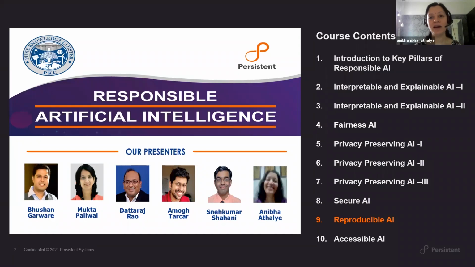What I'll be doing today is focusing on a topic called reproducible AI. This forms part of the ML operationalization work that we do, which is: once you have developed the model, are happy with the first draft, and have evaluated it across evaluation metrics, you take that and deploy it into environments beyond just development. That's where the entire ML operationalization comes in: how do you do automated deployment, how do you deploy multiple variants of the model into production, how do you monitor it, how do you trigger the retraining pipelines, all of those come into picture.